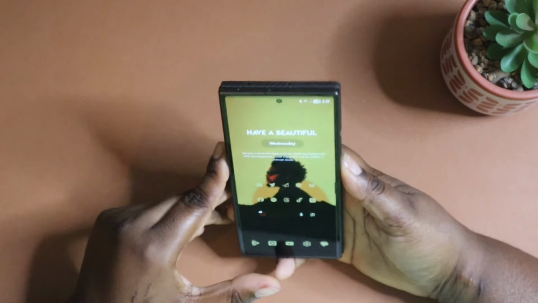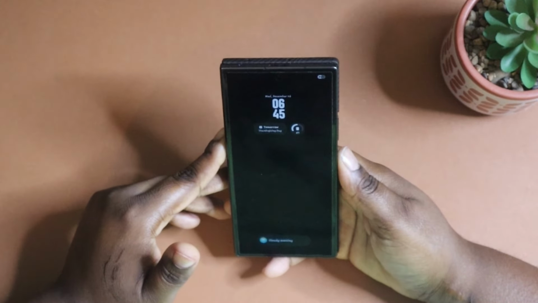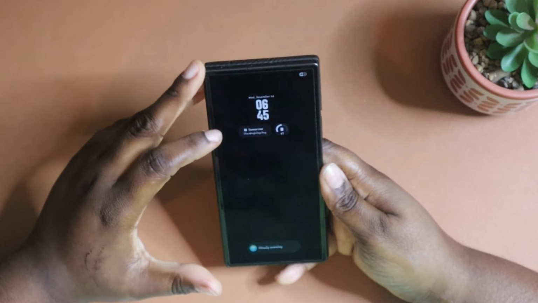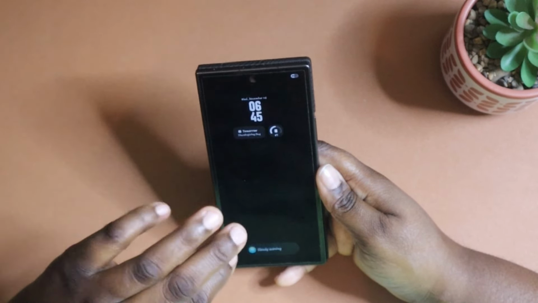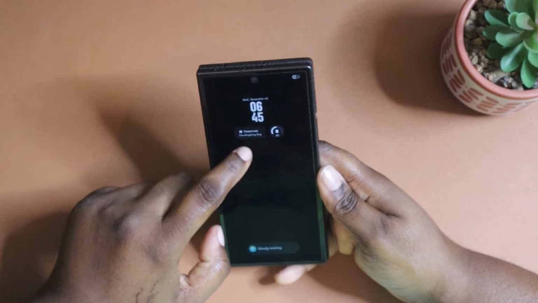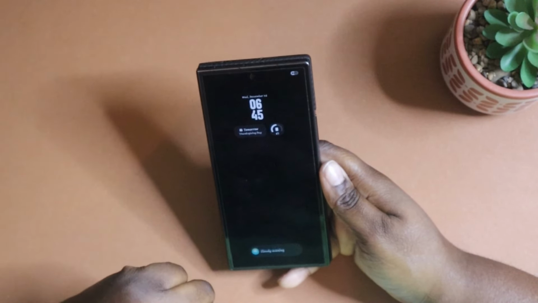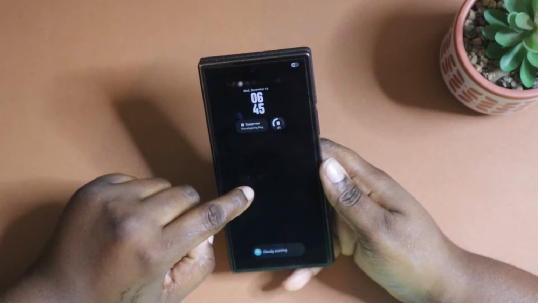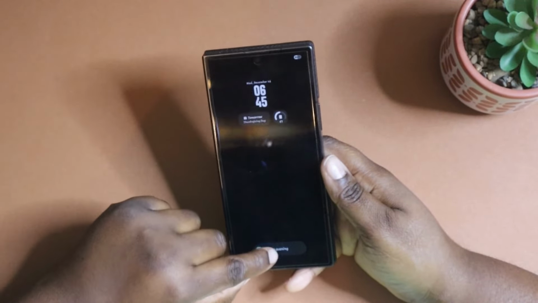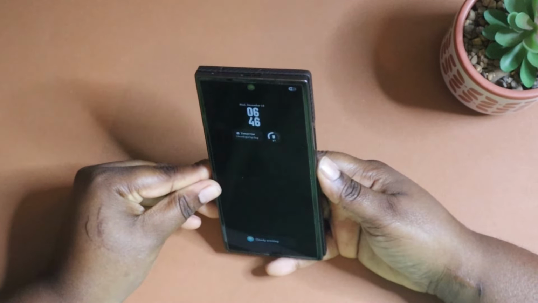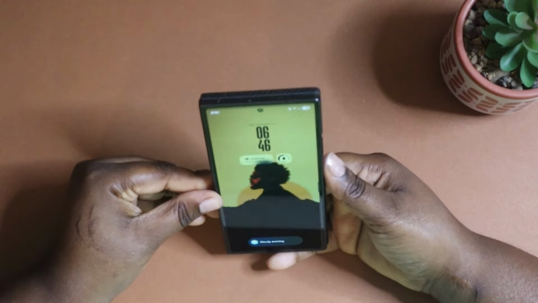So first, this is my always on display. I just have the time, the date, and the day. My events. So Thanksgiving is tomorrow. And then it also has the battery. And then I'm also currently using the Now Brief bar, as you can see. Then when I open up my device,